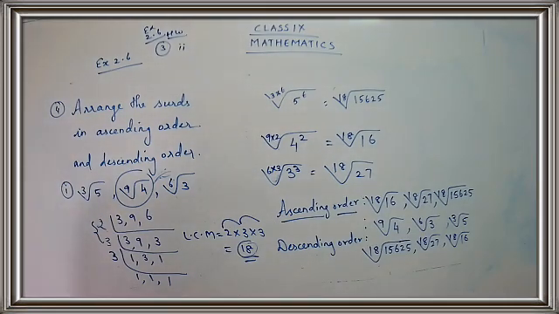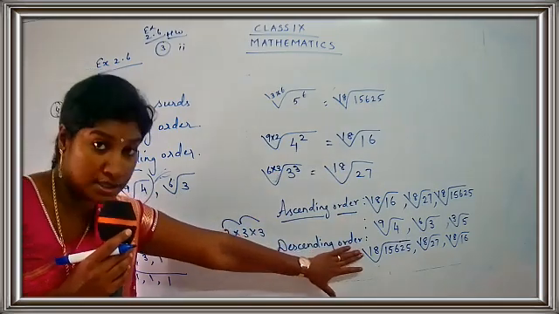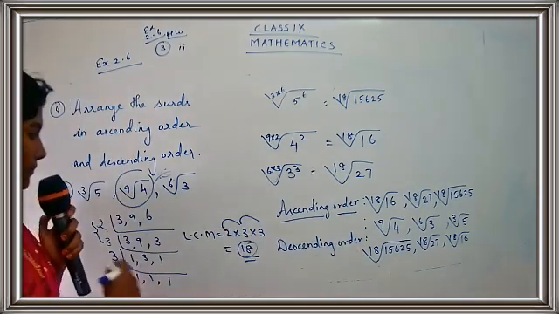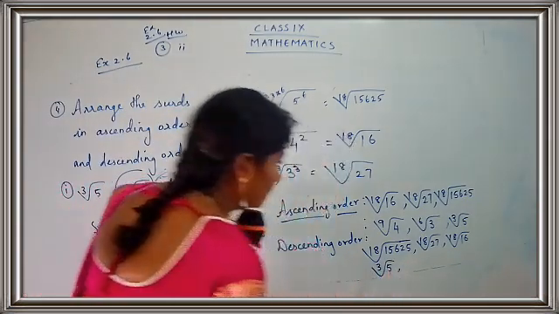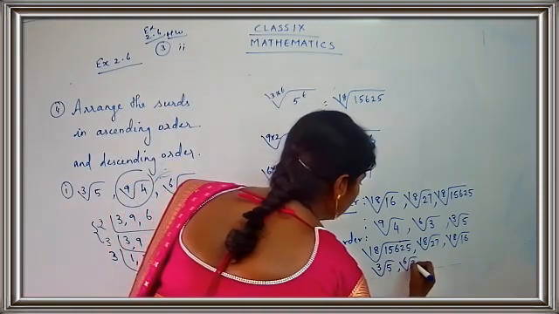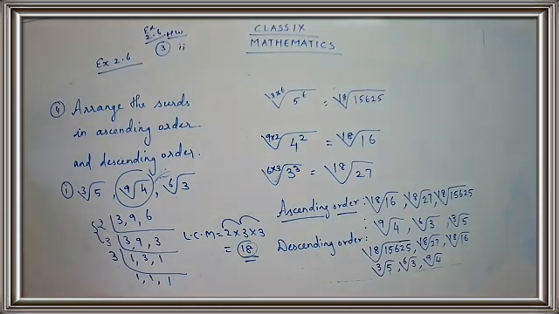I have just written the changed one, the new one. That is, I have just made the same root. I have just written the new surd. And now you are going to replace the original one. So I get here cube root of 5, sixth root of 3, and ninth root of 4. Write down the answers, children.